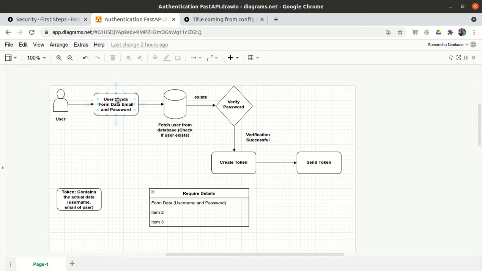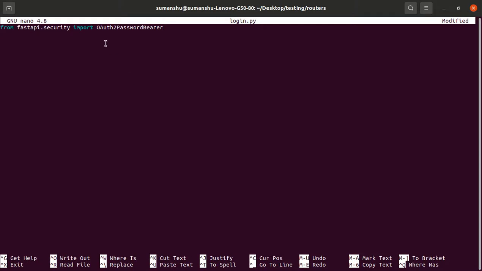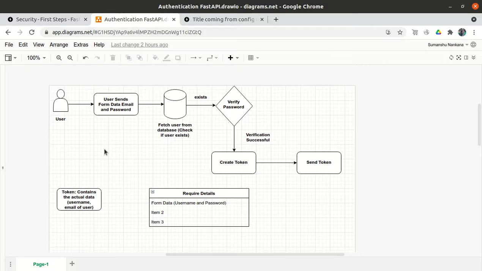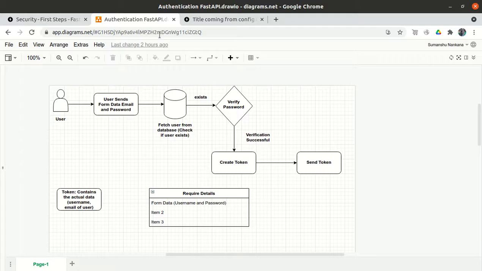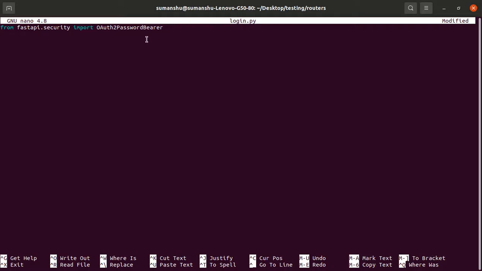And as I told you, we are not developing any form. We are using a third party form, right? That's why we are using OAuth2. Okay, so there is a library, OAuth2PasswordBearer. What it will do is create a beautiful form for us. Okay, so we have implemented that.